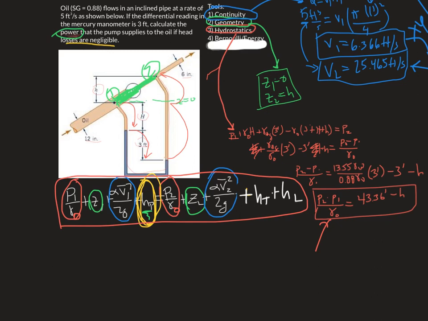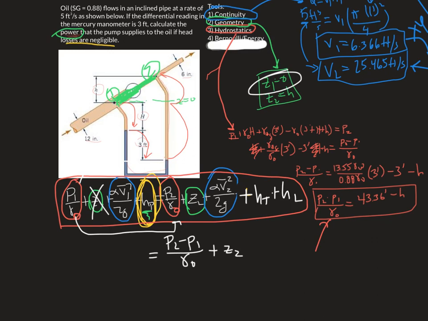Let's see here. Let's use white. So I'm going to have P2 minus P1 over gamma oil. You see I brought this over to there, so that is on the right-hand side. So at this point, we can rewrite the rest of this stuff. Z2 is over here. We note that Z1 is 0, so we don't need to rewrite that one. So the left-hand side is going to look like,